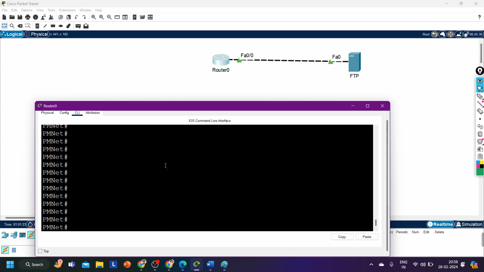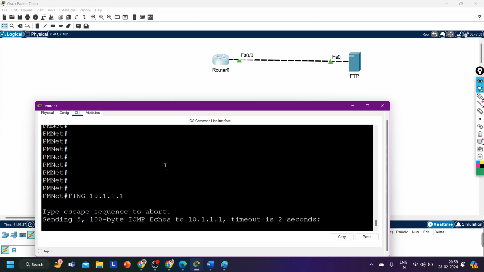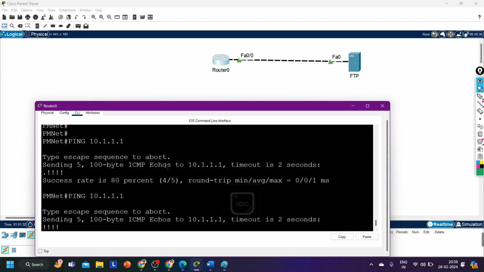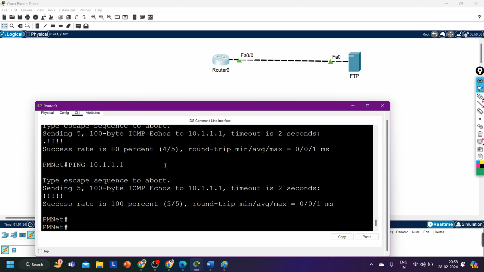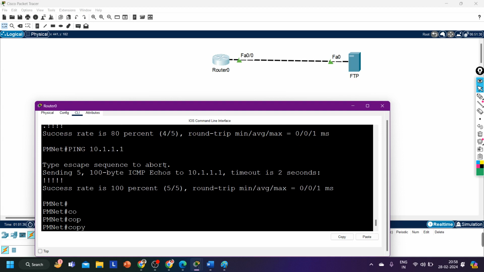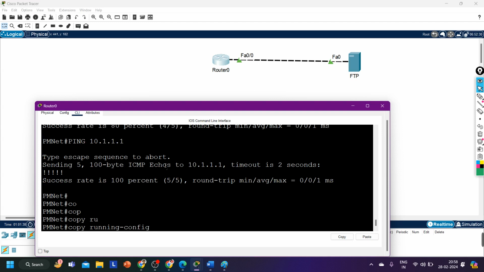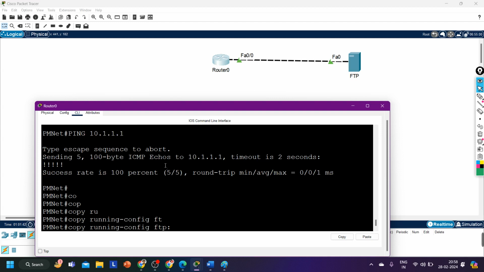Now if you want to save your configuration to server, the requirement is there should be IP reachability. So ping 10.1.1.1. Am I able to ping FTP server? Yes, right? So I can simply say copy running configuration